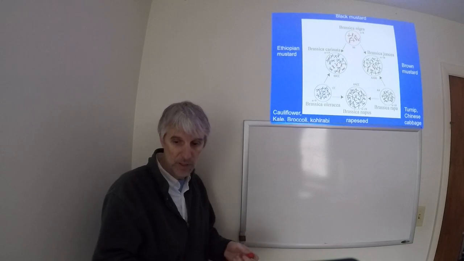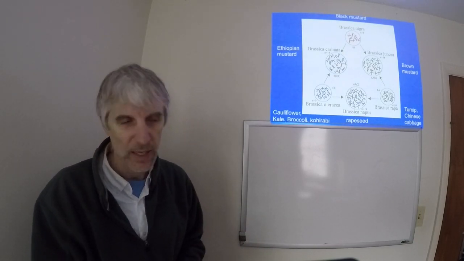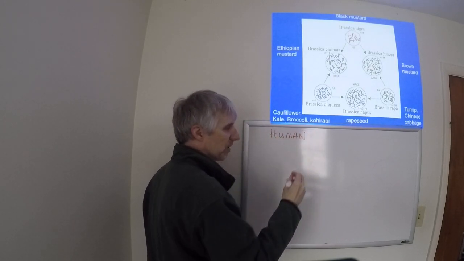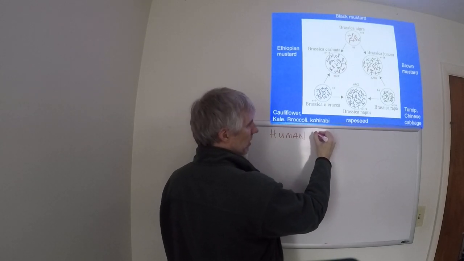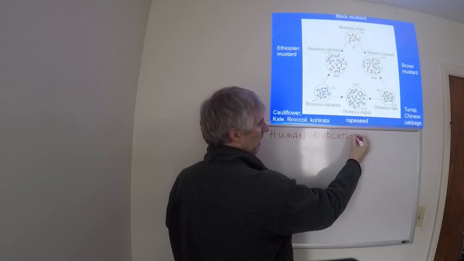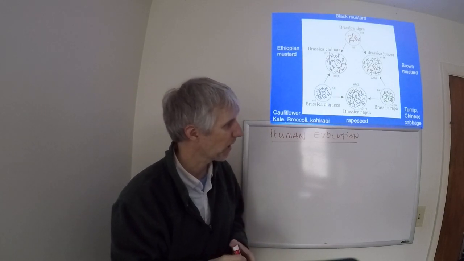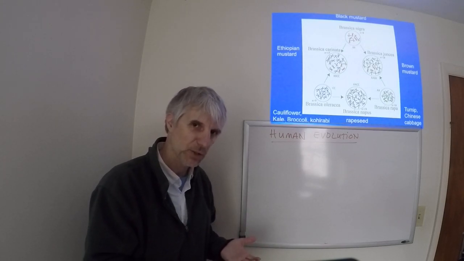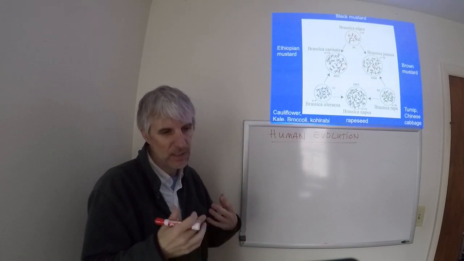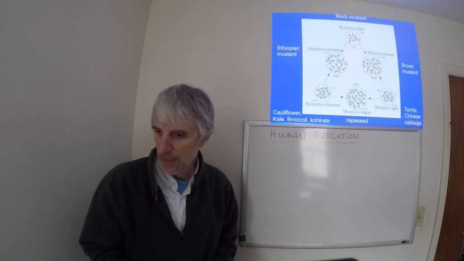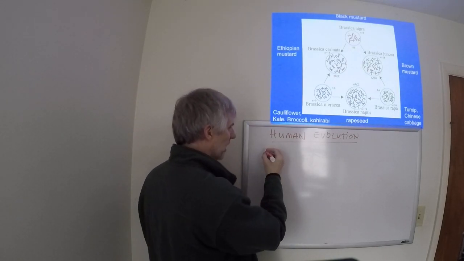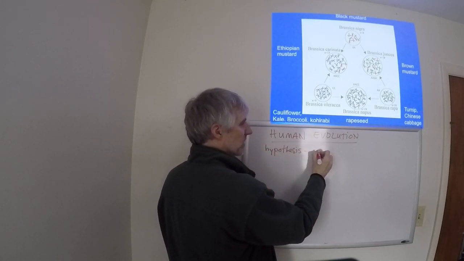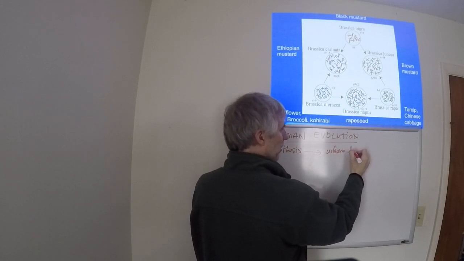Some semesters I have run a little bit ahead of time, and when I do, I usually stick in a little bit on human evolution before we get to photosynthesis. So I'm going to go ahead and do that this semester. It's kind of nice because it will allow us to put together some concepts that we've talked about so far. Phylogenetic trees, a little bit about genetics, a little bit about speciation, and what we're going to kind of address is the prevailing hypothesis for